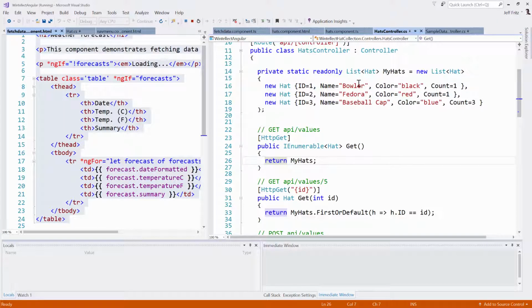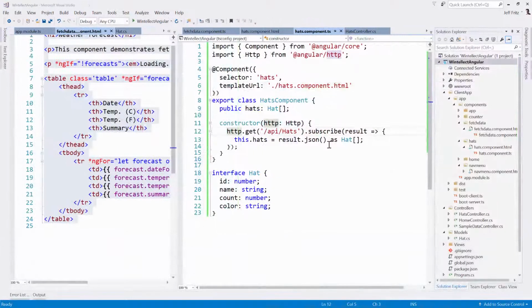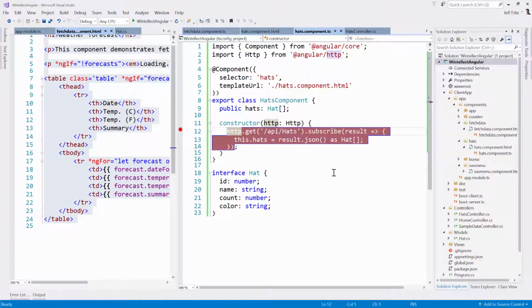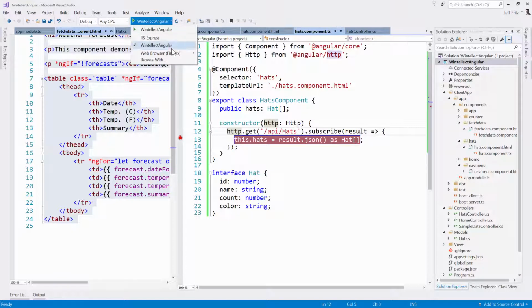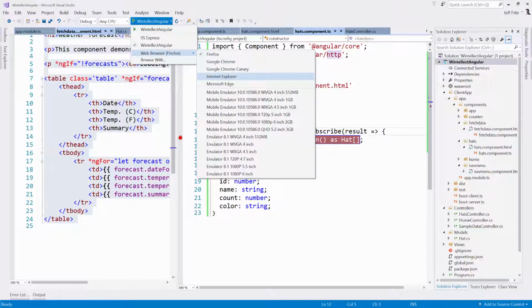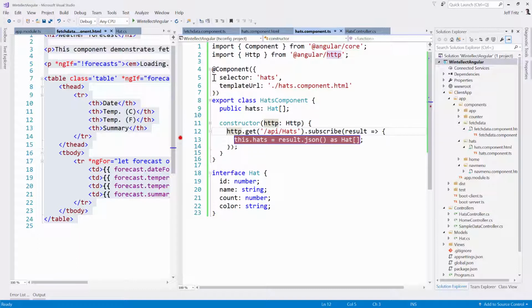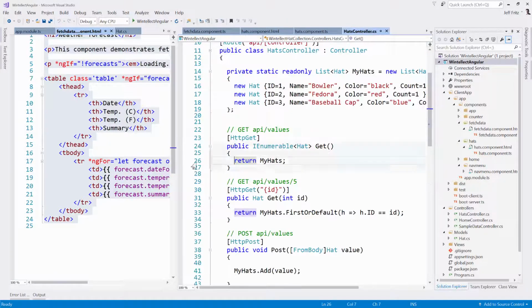Let's do one more change here. I'm going to go back over and inside of my TypeScript, I can actually set a breakpoint here on my get. And in fact, I don't even care so much about the get call. I care about the result. And I can change this to go use web browser Internet Explorer. And with the new feature in Visual Studio 2017, I can actually hit this debug point in the middle of my TypeScript. And let me also turn on the debug point over here for the fetch on the API. So now if I start this,